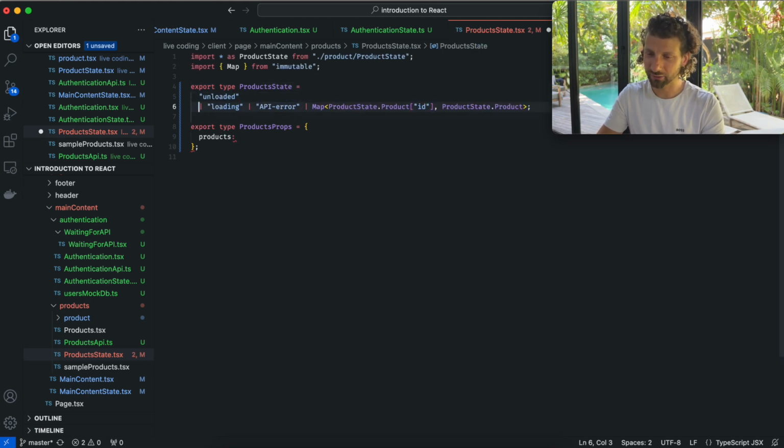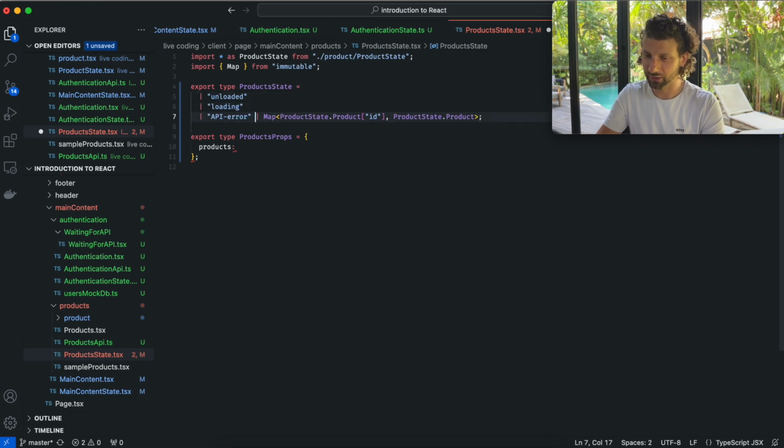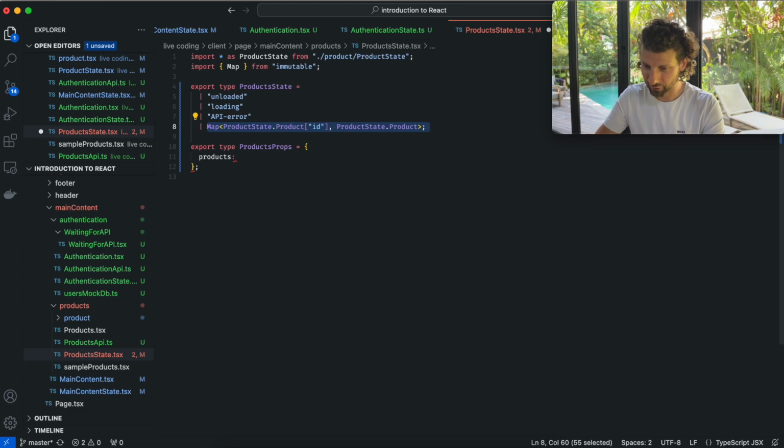What is particularly good about this type definition, despite the fact that I'm not using the kind, is that it forces us, not only me right now, but also myself in the future, who probably will have forgotten the original intention, or other teammates who will have to work on this code base, to check the product state and to do something meaningful